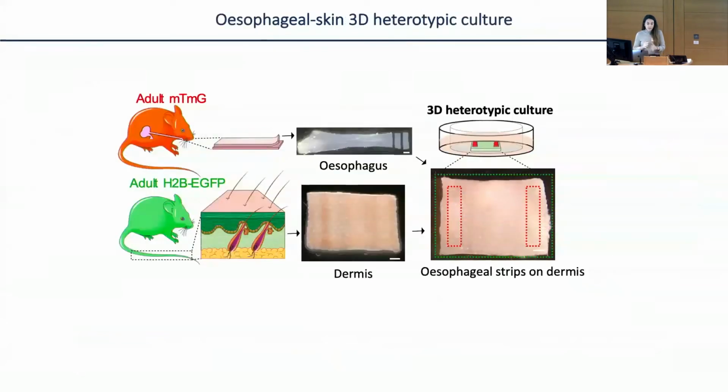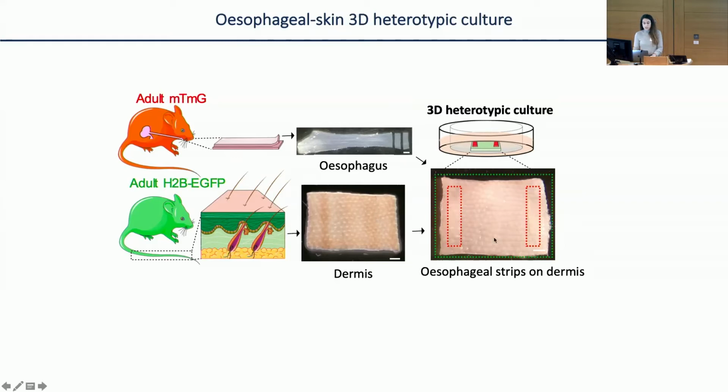For that, we adapted a model that we had used in the past to study wounding in vitro. And the advantage of this model is that we can combine epithelium and stroma from different origins and different animals, allowing us to study the cell behavior in a newly formed epithelium. So in this case, we grew two strips of esophageal epithelium on top of the skin stroma of the dermis